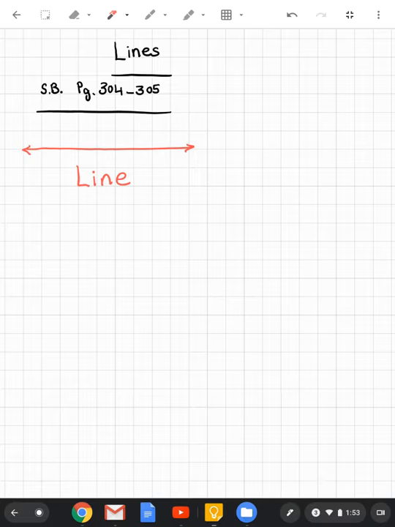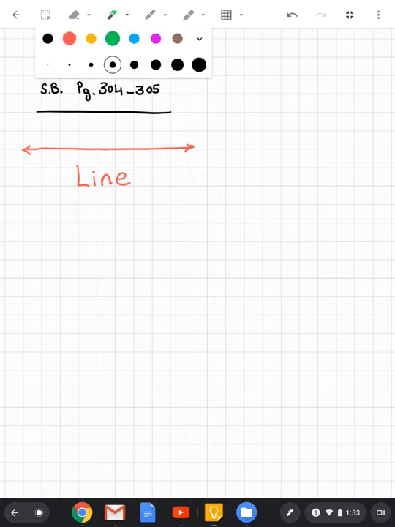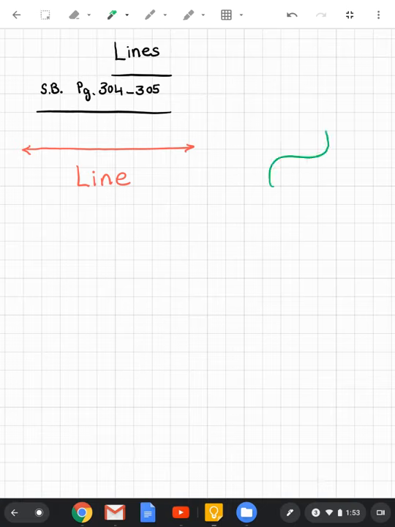For example, if I have a shape like this, this is not a line. Why don't we call this a line? Because it's a curved shape. We cannot say that this is a line. Now, if I have this line,